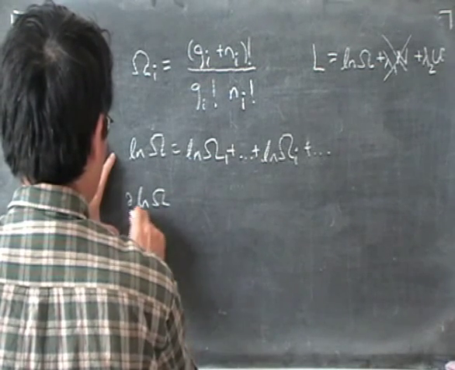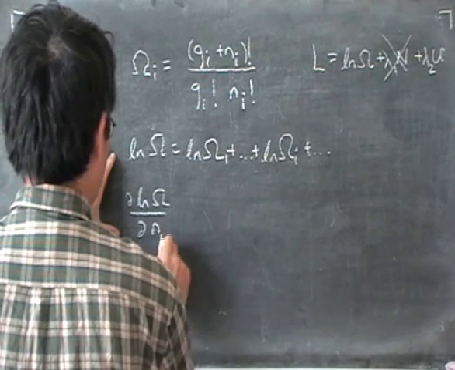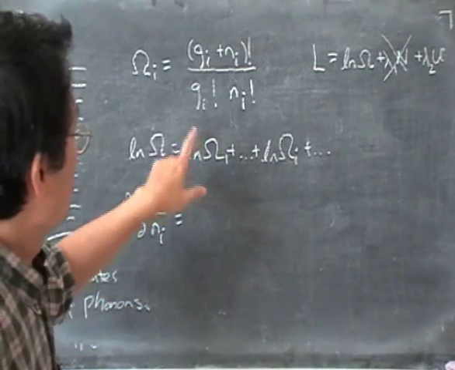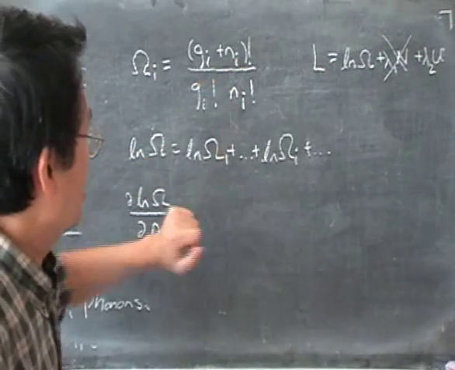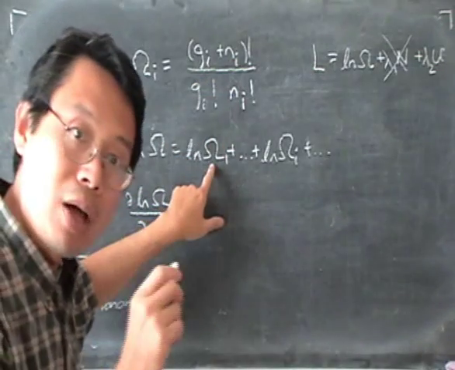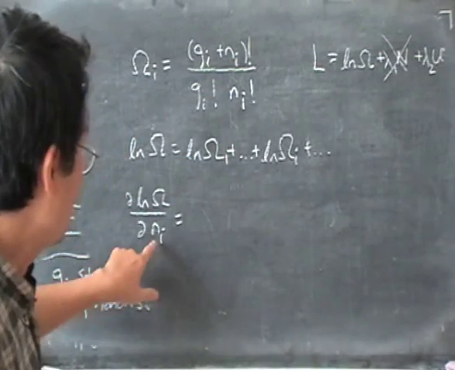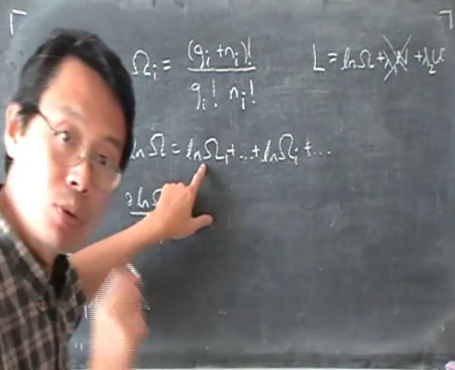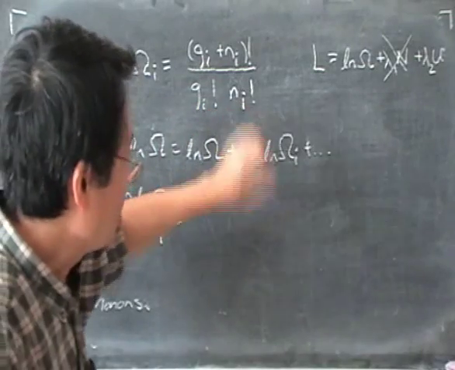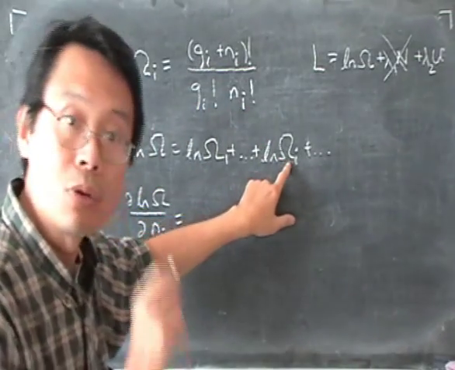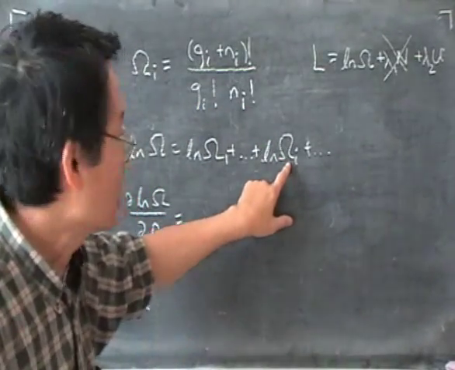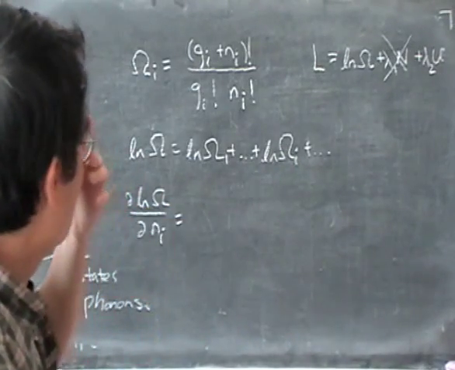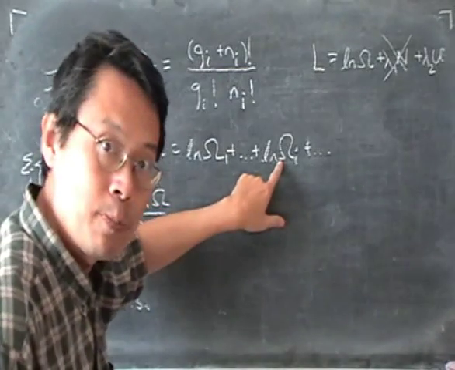Differentiate log omega by Ni. So omega I is a function of Ni. So omega 1 is a function of N1. And if I differentiate that with respect to Ni, that would be 0. So all the terms would be 0 except log omega I, which has the same variable as Ni. So I would differentiate that. Now to differentiate that,